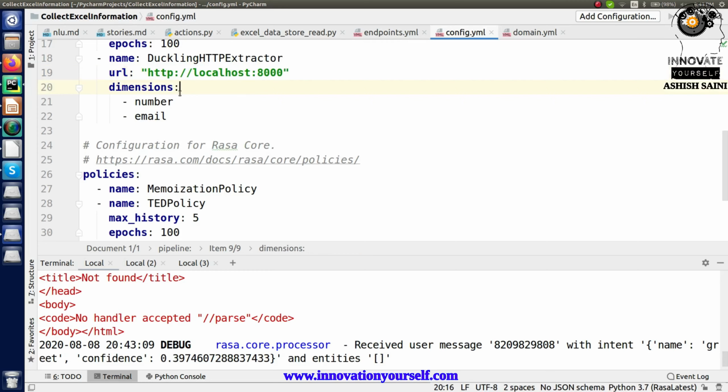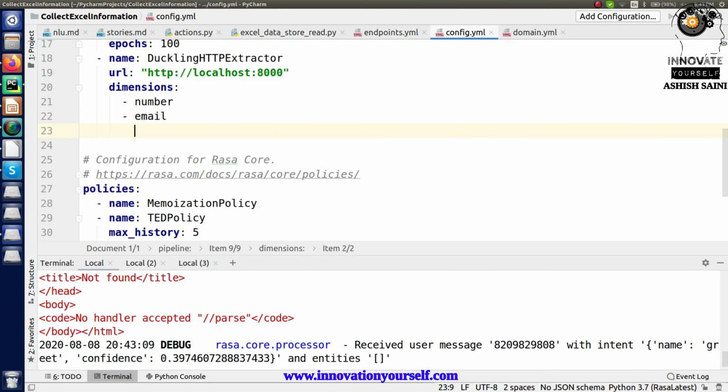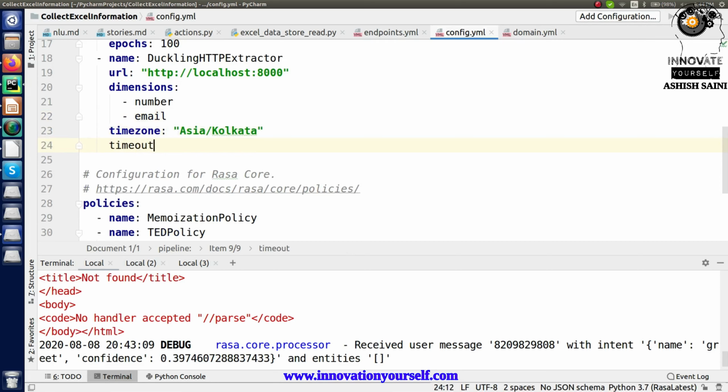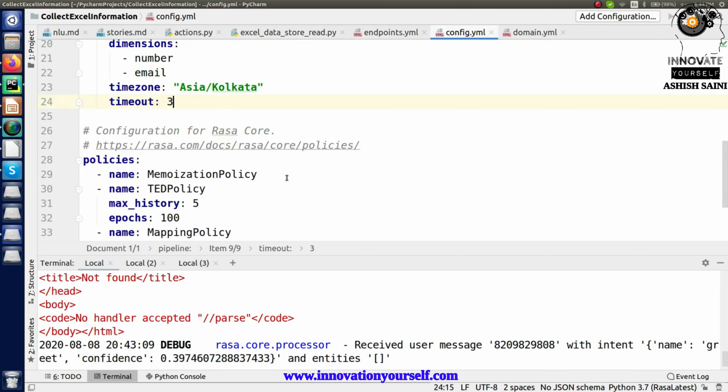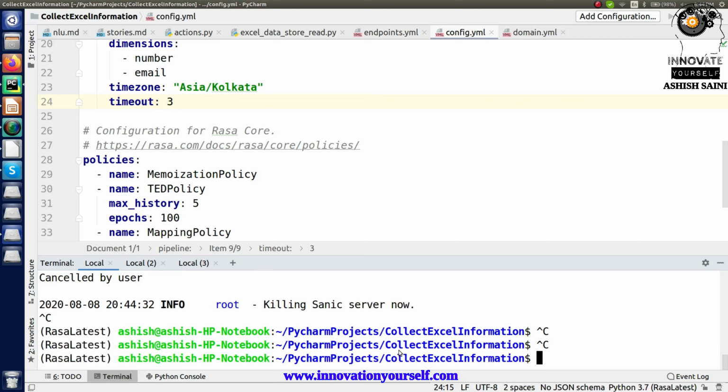Let's add a few more parameters for it. Alright, this is all that I have added to the configuration file. Now we need to train it again and check it again. Let's do both of these together now.